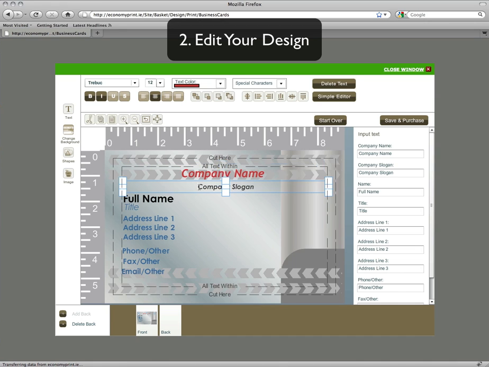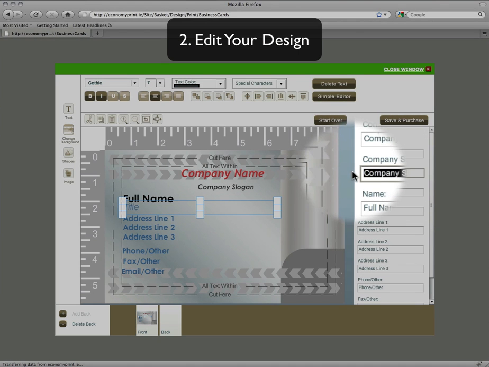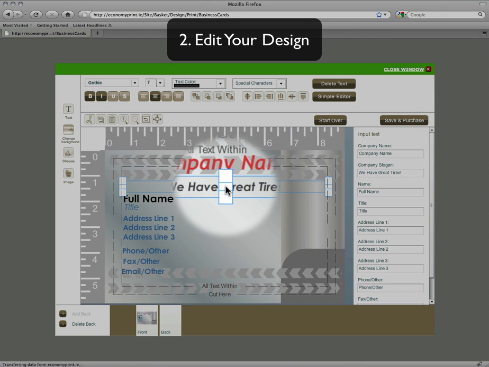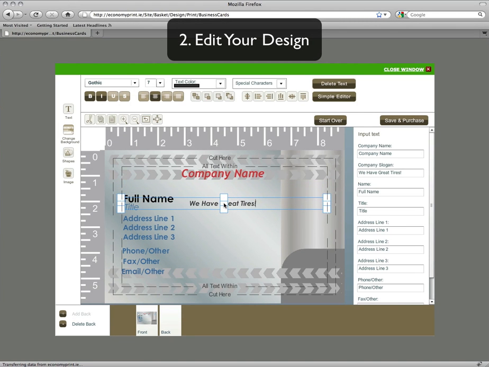Text can be edited inside the frame, but can also be edited by the forms on the right. Simply select the text that you would like to change. And as simple as that. Text can be moved by selecting the center bar and simply moving your mouse. Click and move